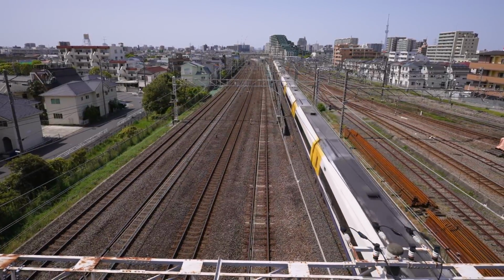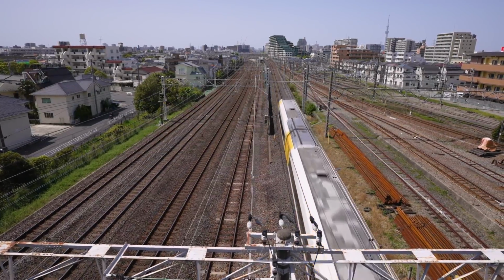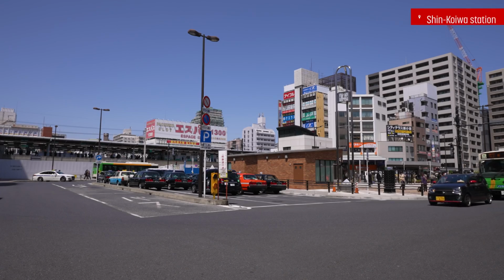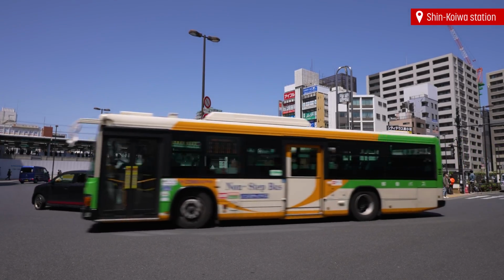Hello world. If you were to move to a typical neighborhood in Tokyo, what would it be like? How would you get around? What would you see and do? Today I'll take you around Shinkoiwa Station, which I recently found out is the busiest train station in Katsushika Ward